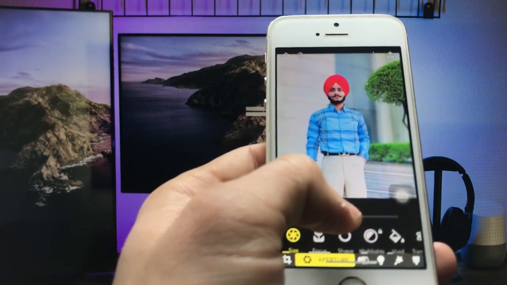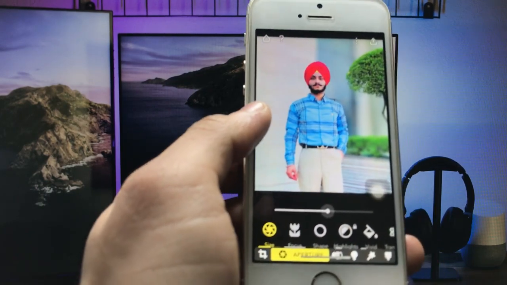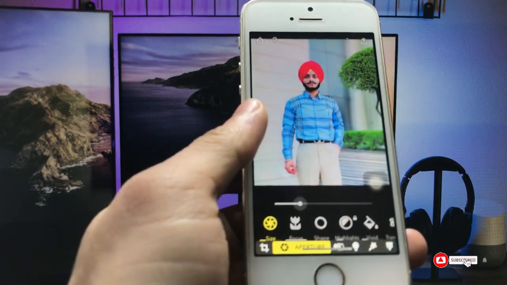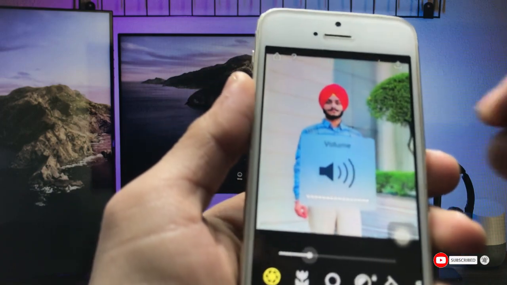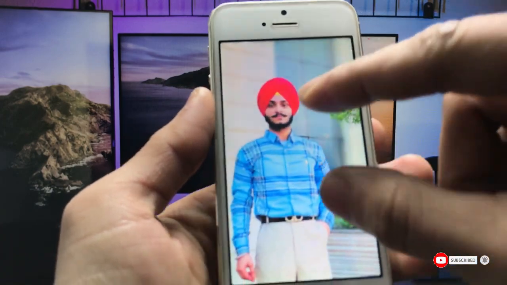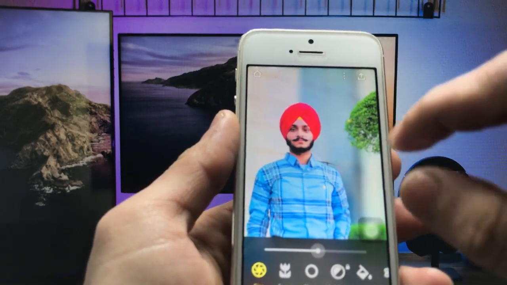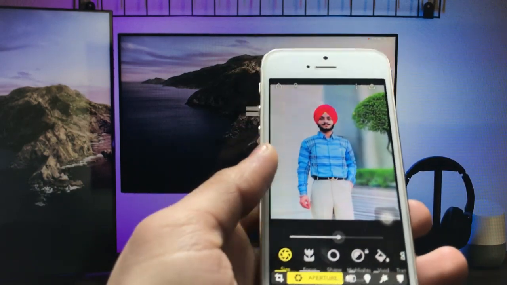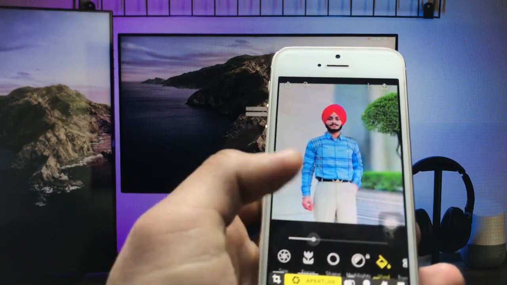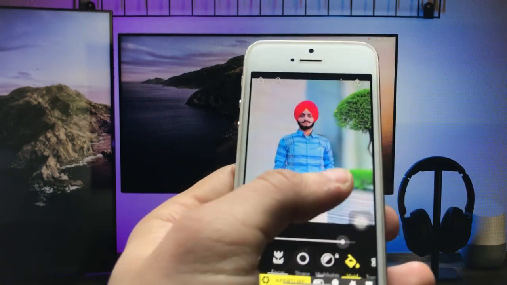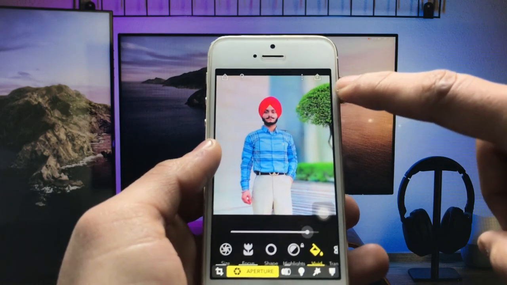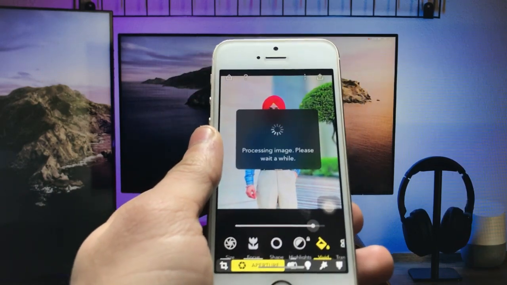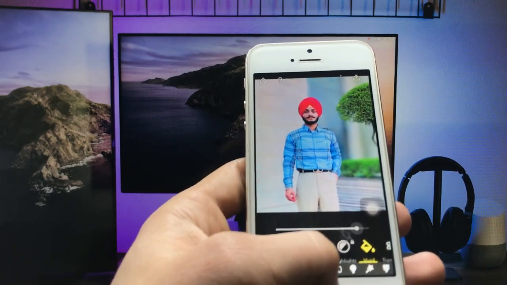And now you can increase or decrease the blur ratio, and you can see I have done this on my iPhone. You can see the background is completely blurred, and you can also increase the size of the blur ratio like this. So you can also change the aperture and shape, and you can also apply the vivid effect to your photo like this. So guys, after this you just need to click on this save button here and click on save as copy, and you will see your photo start saving on your iPhone.